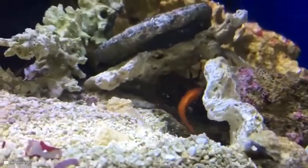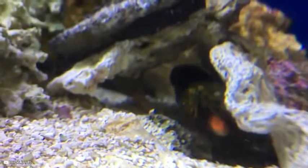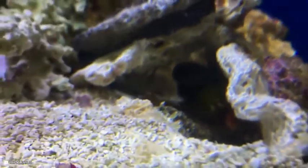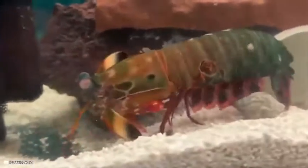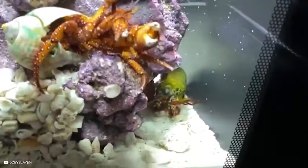To avoid boredom, the creatures often demand a fascinating hunt, in which case they are more likely to damage their glass or acrylic habitat in search of freedom or fresh prey. This mantis shrimp crushes a hermit crab. It plays around with it for a while. A rematch between a mantis shrimp and a hermit crab. The crab fights back, but in the end, it looks injured and it looks like it's trying to hide from